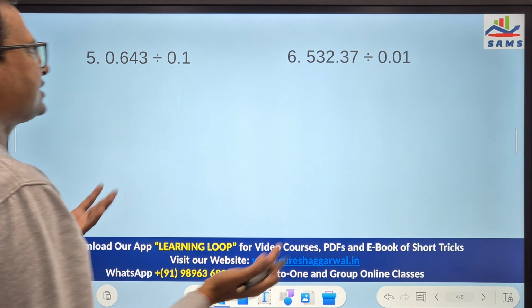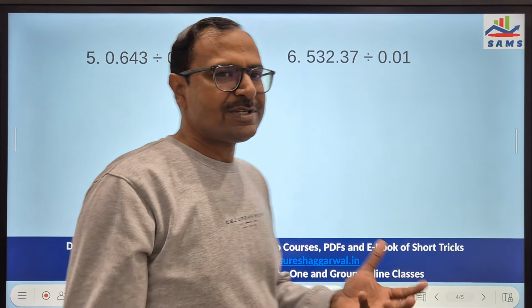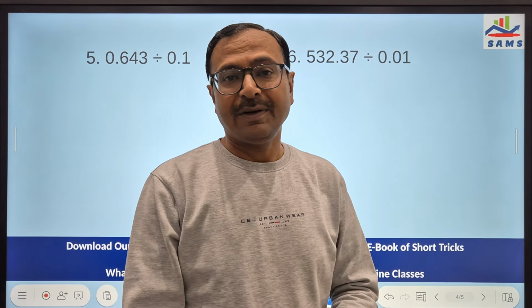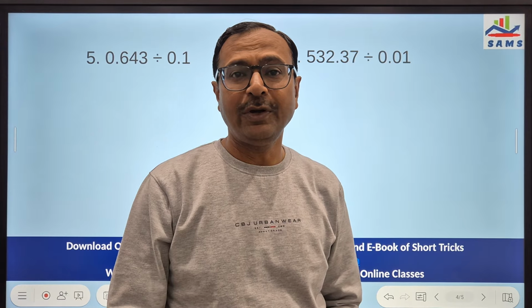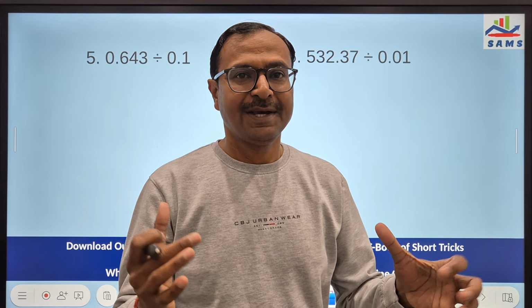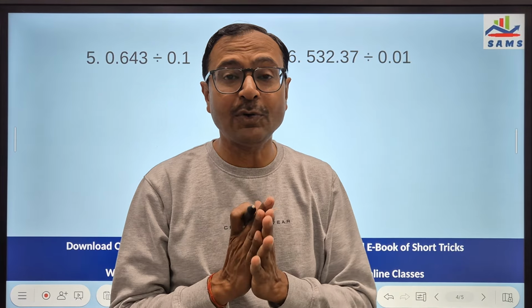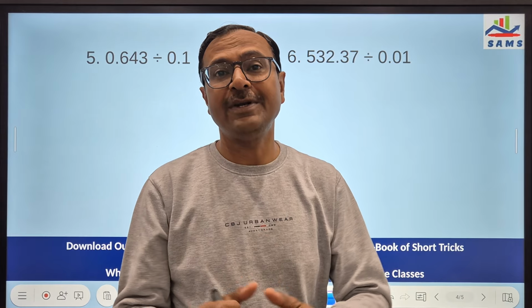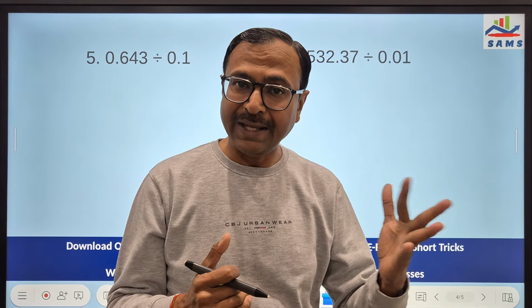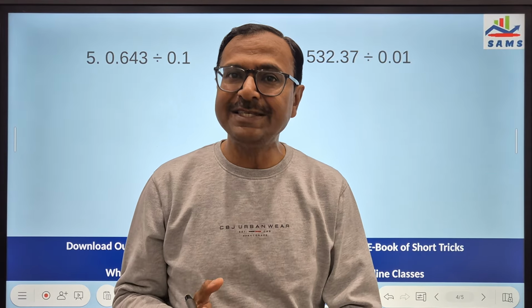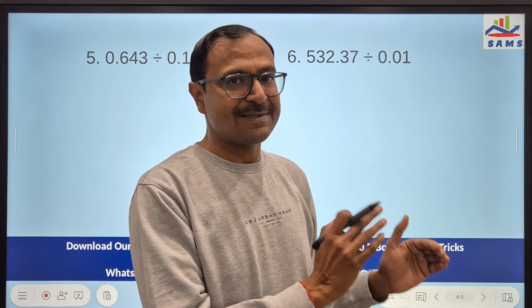So many different concepts and questions can be taken up, but extrapolation is really important. You need to apply it to different numbers. Don't stick to 0.1 and 0.01 only. Think about 0.03, 0.07, 0.09, and all those things will become easy for you when you know the base 0.01